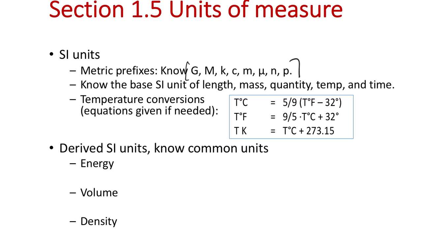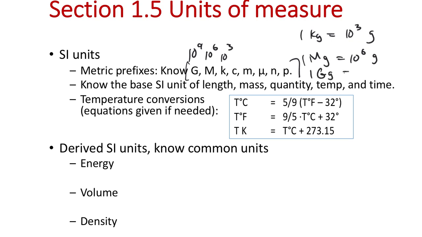Anyways, so the prefix giga is 10 to the 9. If we go through mega, 10 to the 6, and then kilo, 10 to the 3. And so the way this would work is if you had that unit, so say you had kilograms, so 1 kilogram is equal to 10 to the 3 grams. And if you had a megagram, that would be 10 to the 6 grams. And then obviously the giga prefix, so 1 gigagram, capital G, little g, would be 10 to the 9 grams. So we're going to want to know how to use those prefixes if they come up in problems throughout the